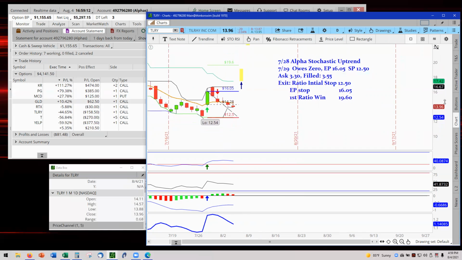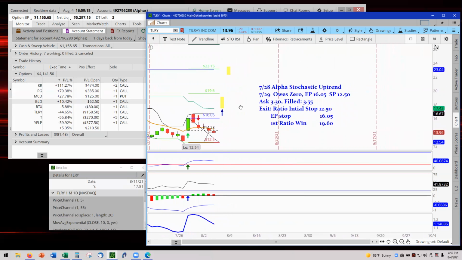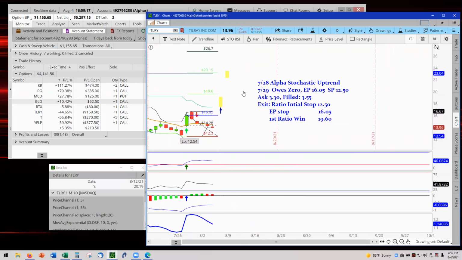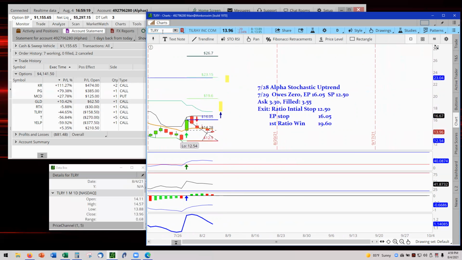Anything else in TLRY? I think that pretty much covers it. For those who are only interested in this, you are excused to go. And for those who want to see what happened to the other